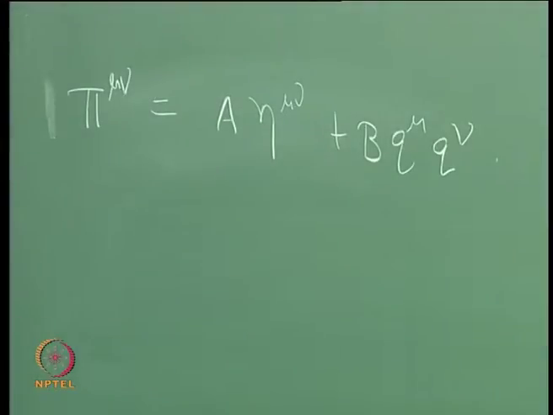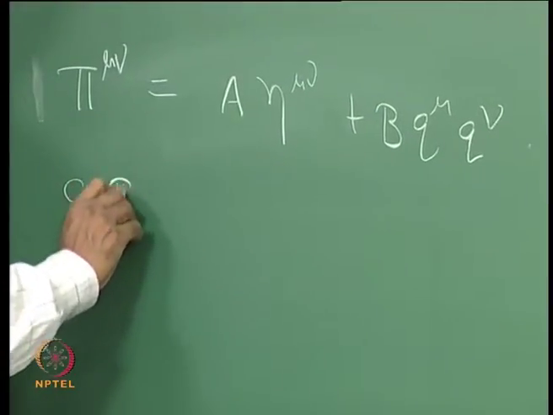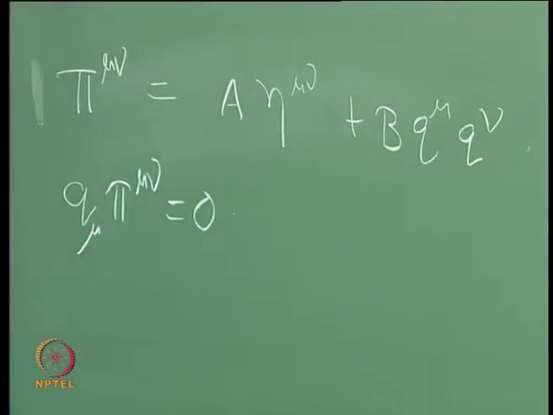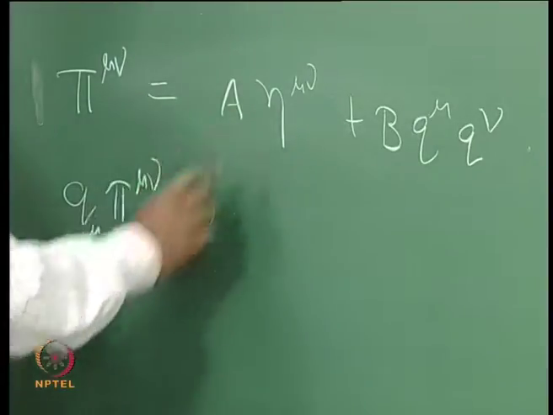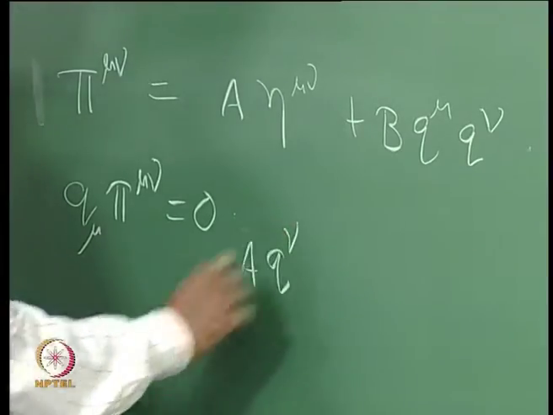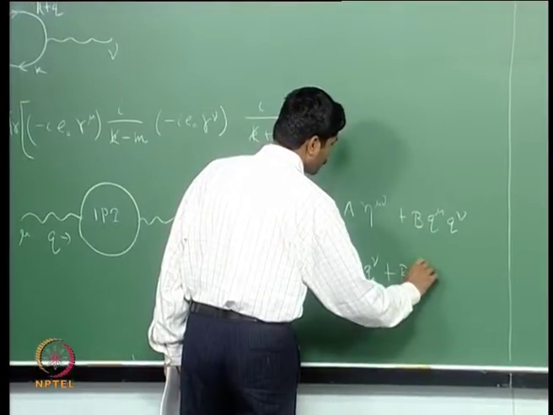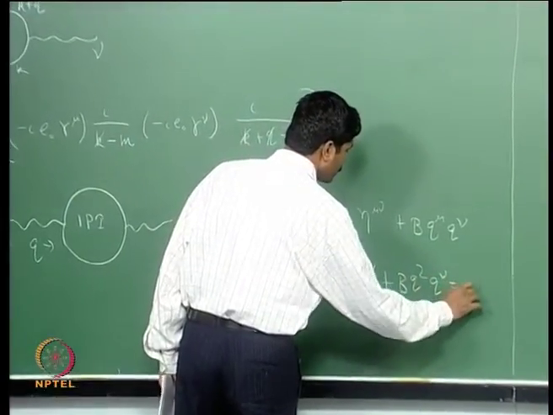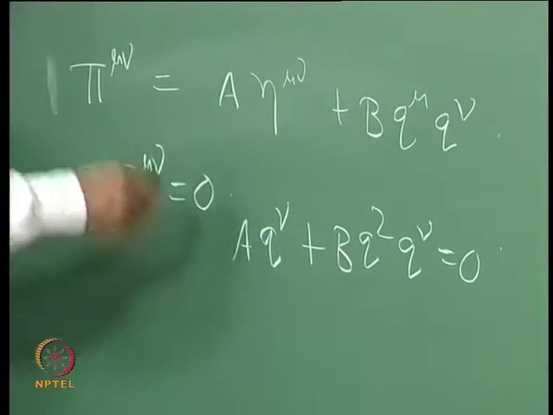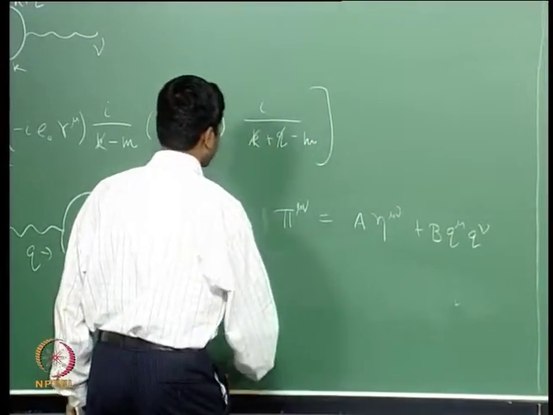But now, if we use the Ward identity, which basically says that q^μ π_μν equals 0, then this immediately gives me, from the first term, A times q_ν, and from the second term I get plus B q² q_ν equal to 0. Therefore, A equals minus B times q². So, therefore, the Ward identity implies